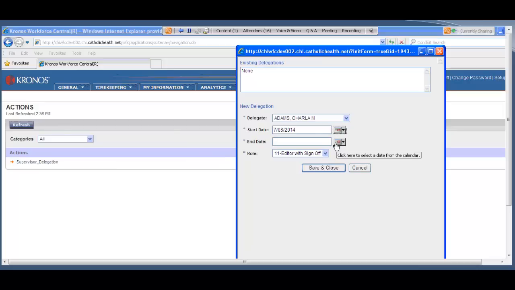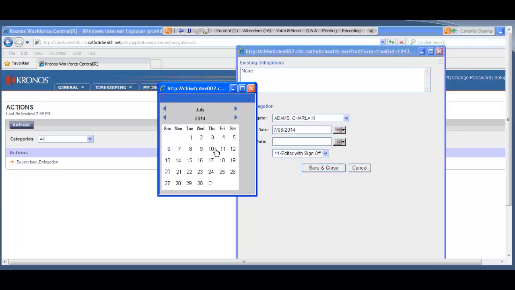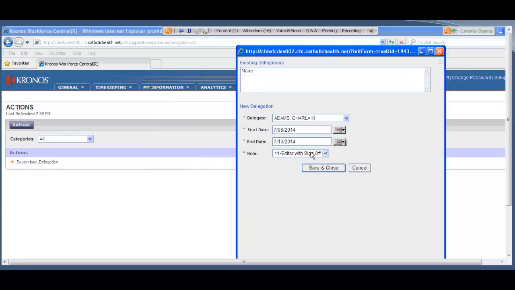You would normally pick the days you're going to be gone, or the days that you need Charlotte to help you with your edits and sign off. I'm just going to do a couple days here. I'll do the 8th through the 10th at this point. There's nothing here to change. Yours is going to say 63 editor with sign off. So that's your identifier number, number 63. And so you just pick the name, you put in the start and end date, and you do save and